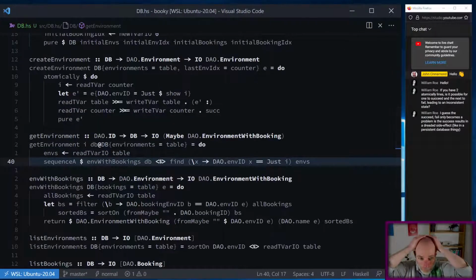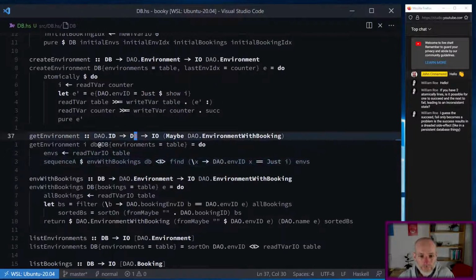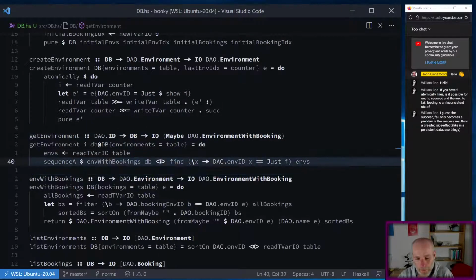So what I've done here is just drop the case statement out. What I wanted to do was find returns maybe. I want to apply M with bookings to it, which runs under IO, and then use sequence A to basically move the maybe from the outer monad to the inner monad. Or technically it swaps traversable, it moves traversable under the applicative. I think that is what it was doing. Anyway,